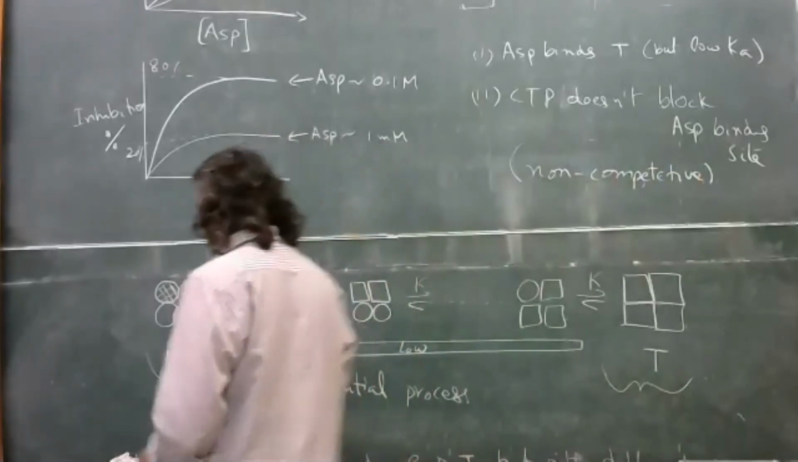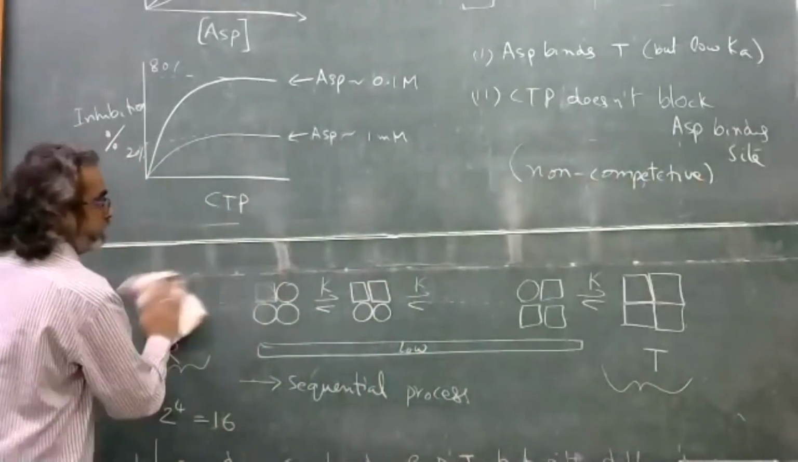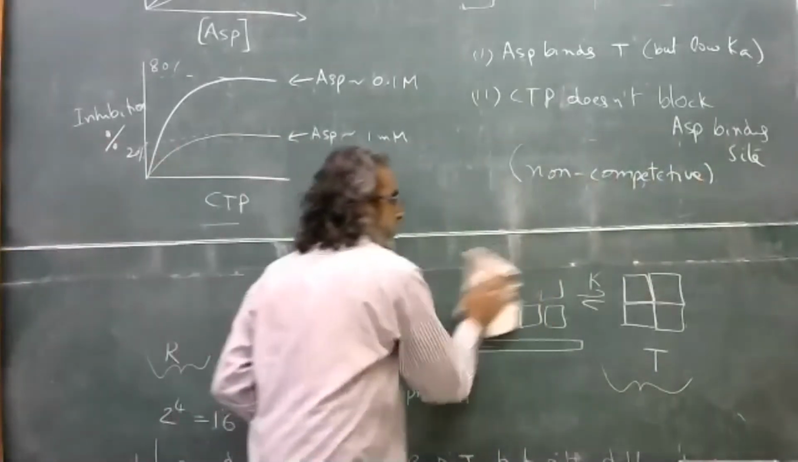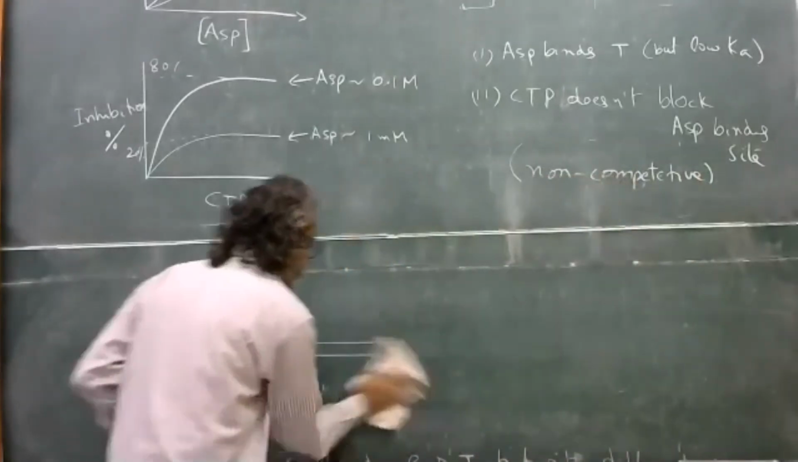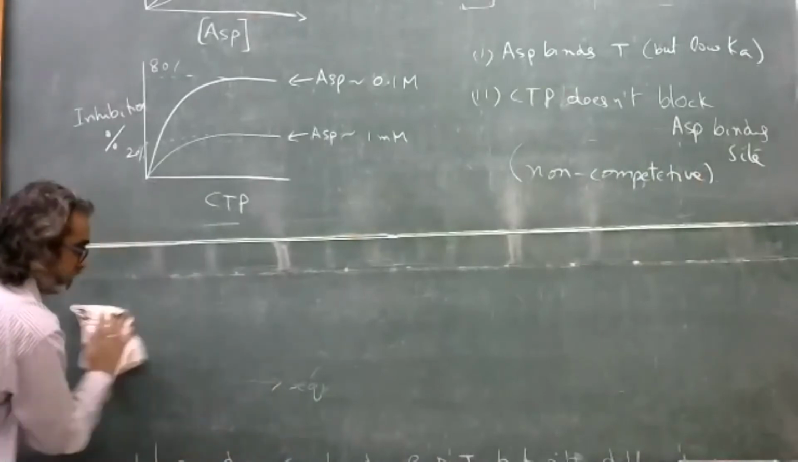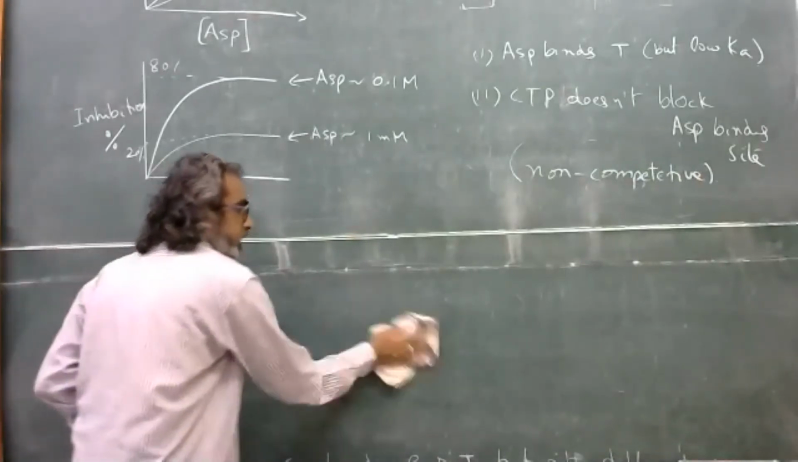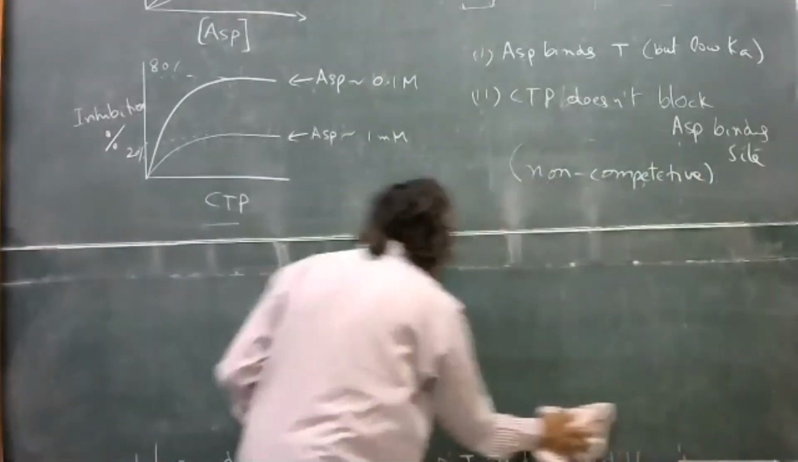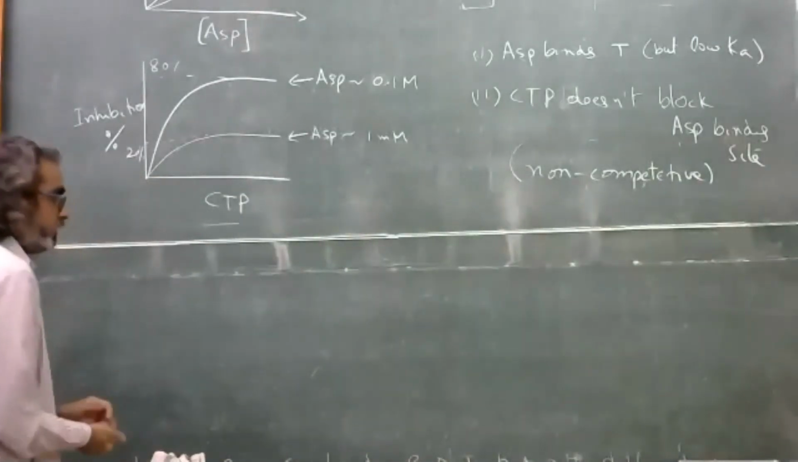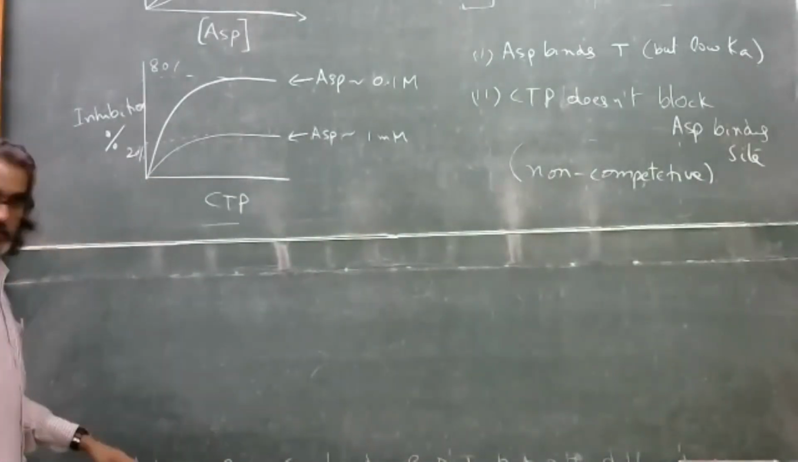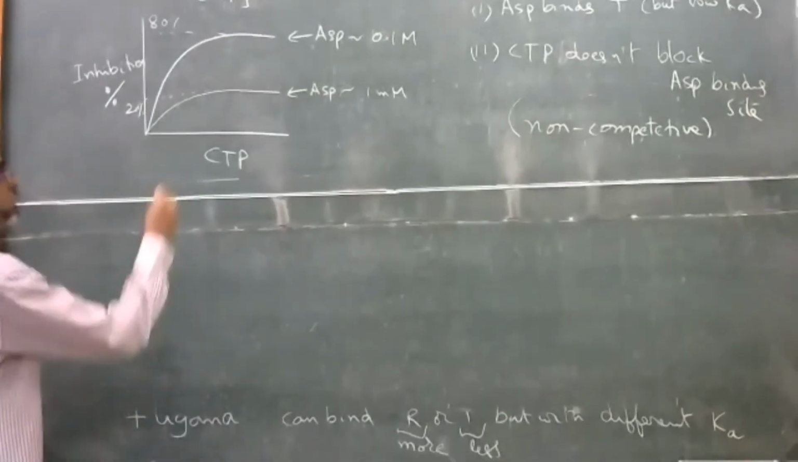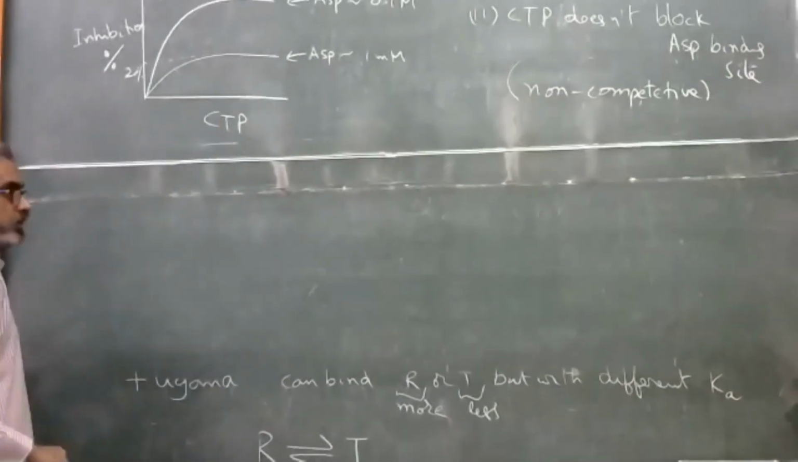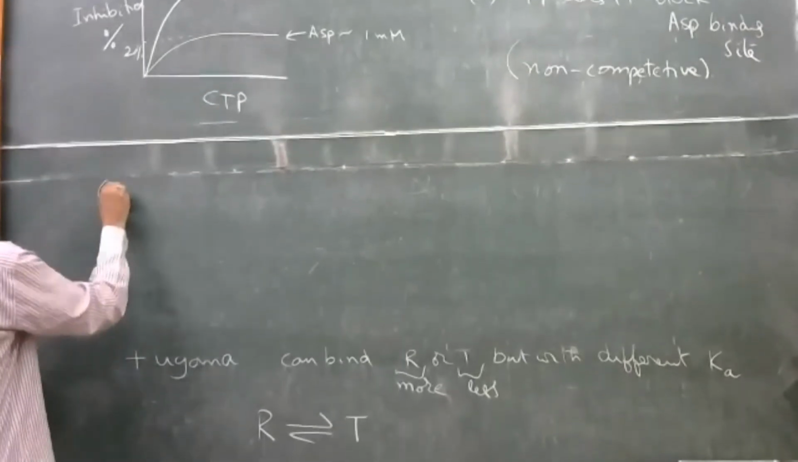You need to really understand the difference here. With non-competitive binding, the inhibition is never 100%. But if it is competitive binding, then the inhibitor can block your catalytic sites. So to compare this with competitive binding,